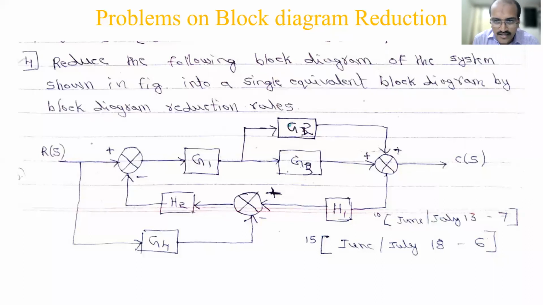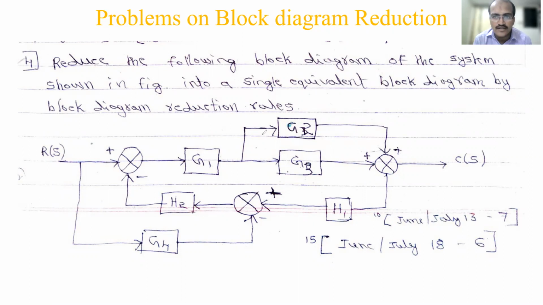Once the diagram is clear, we can look at the procedure. First, any blocks in series here? It looks like all the blocks are independent, right? Here between G1 and G3 a takeoff point is there, so it is not series. Here in between a summing point is there. So nowhere are you going to see any series. But what about parallel? Is there any parallel here? Between G2 and G3, nothing is there. See, from the takeoff point here it is going to add up here, and both signs they have given. So you have to add both. Okay, so this is a parallel block now.